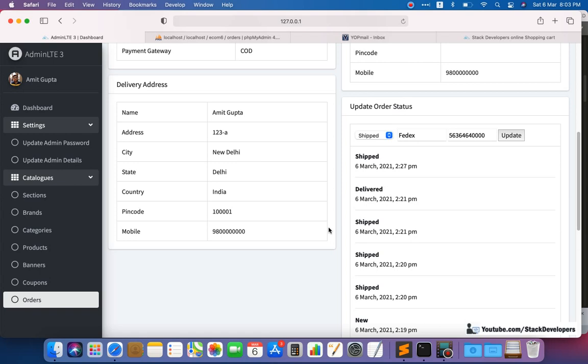Okay, but very soon we are going to add PayPal. PayPal will not take much time, and it is an international payment service. So you can easily add PayPal, and you can easily start getting payments from credit and debit cards. So that is another mode of payment that we are going to add very soon.